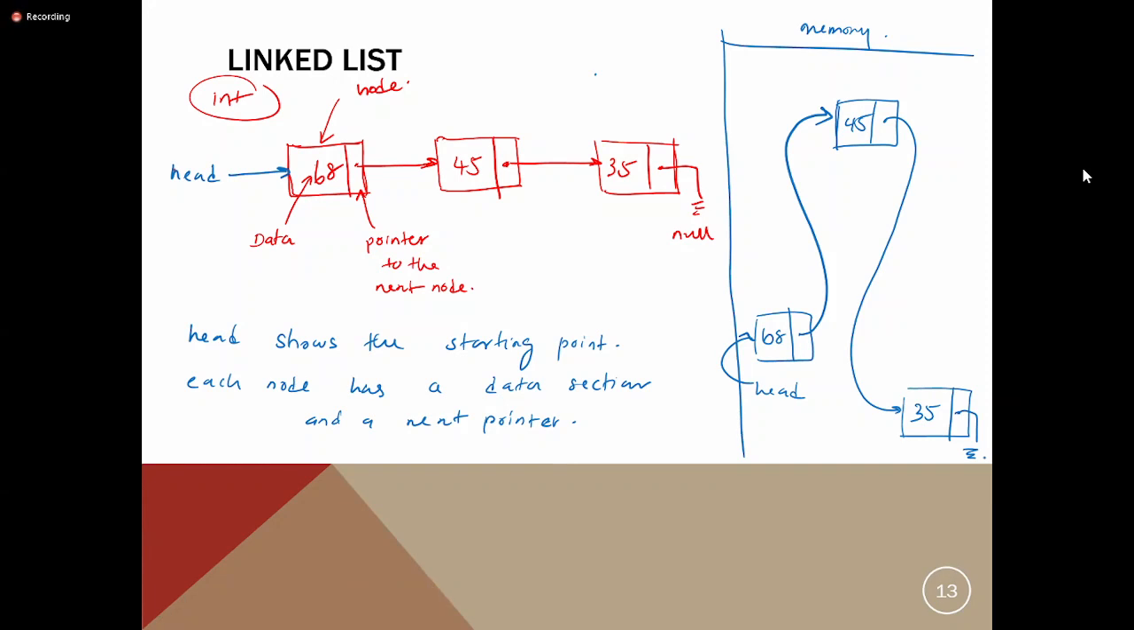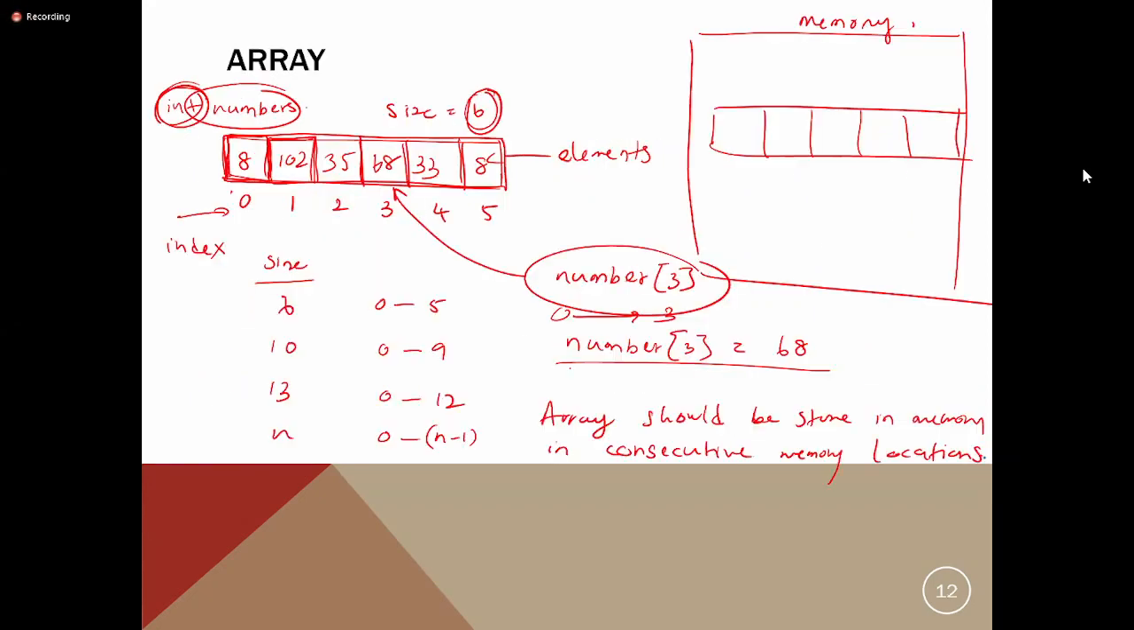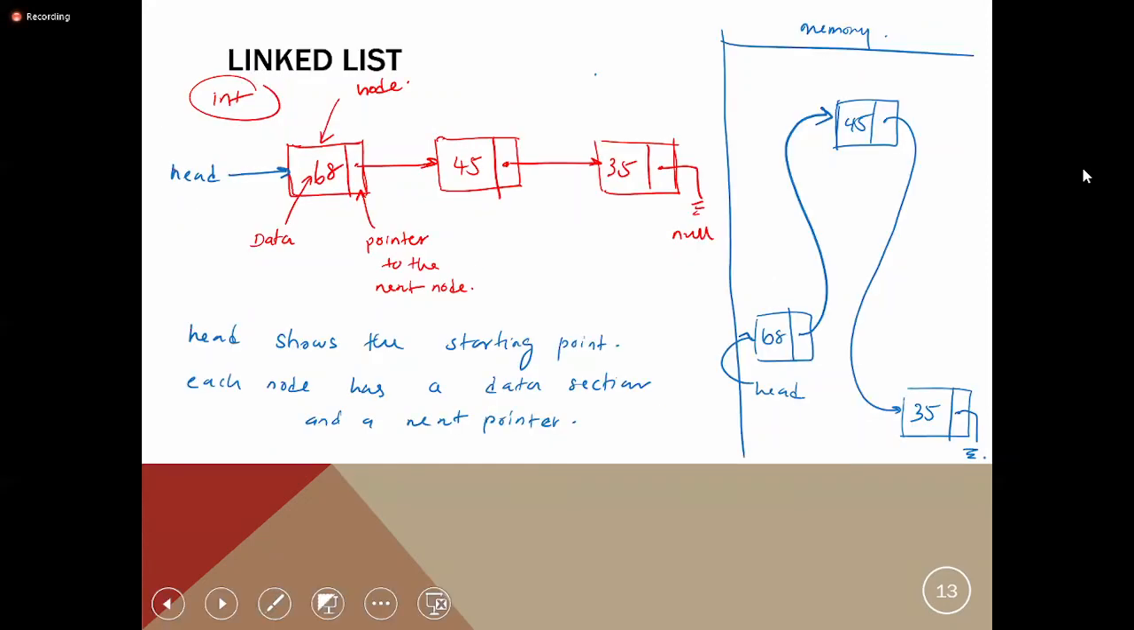So we will discuss 4 different types of linked lists throughout the lecture series as well. Keep in mind, this is the array, this is the linked list. Then we have a queue. Queue means, you know, when we